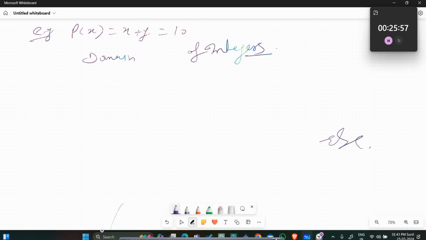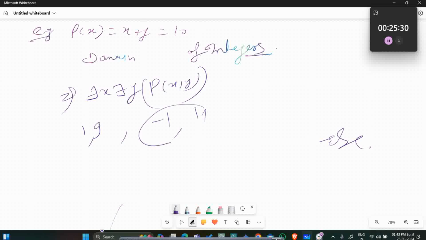Right, so next is, there is some x and there is some y for which p(x, y) is true. So there exists some x and there exists some y for which p(x, y) is true. So this is correct, I think. Let's say x is 1, there exists some y, for this it is 9, there is minus 1, this is 11. So this is correct, right? Next would be like,